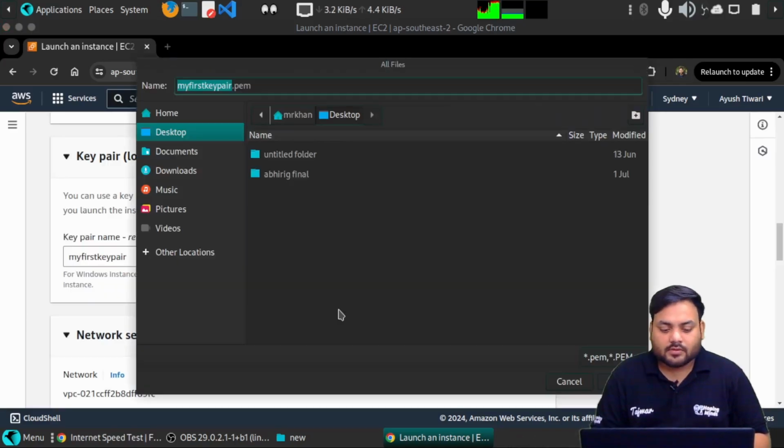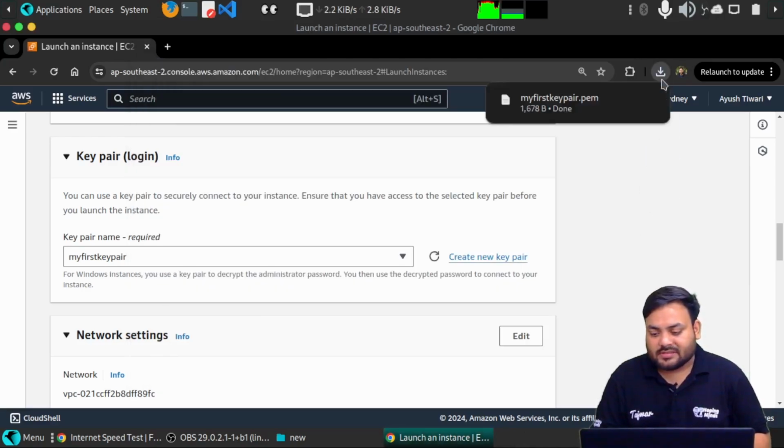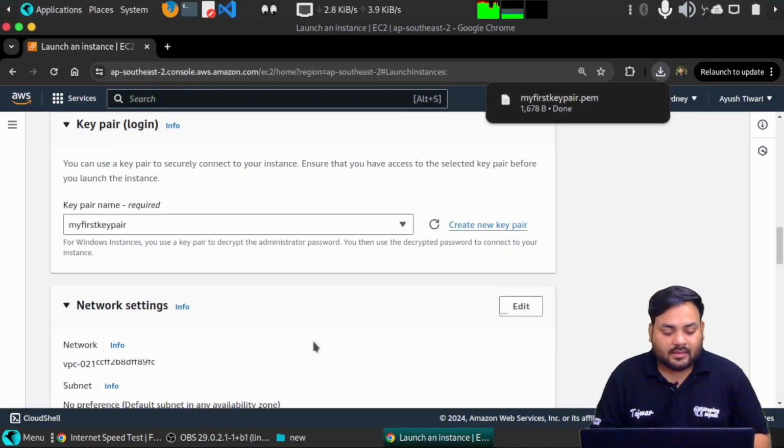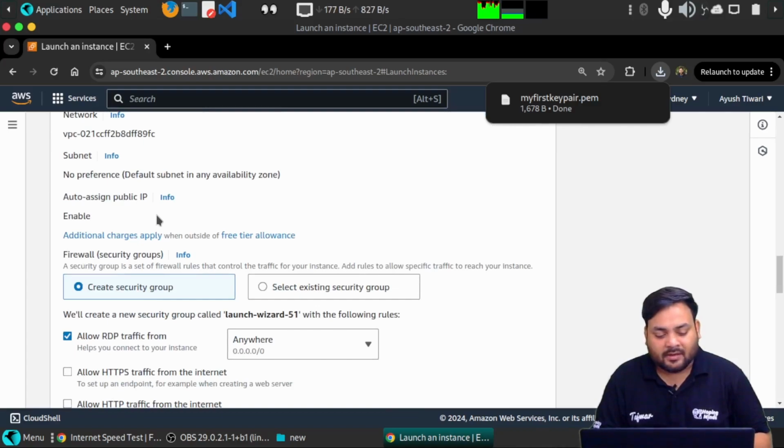Okay, so as you can see, once you click on this, the key pair will get downloaded in your system. So you just save this, just like the way I have saved. And then we are having network settings. So first we are having network, then we are having subnet, then auto assign public IP. So for the first time, we are just trying to launch our first EC2 instance,